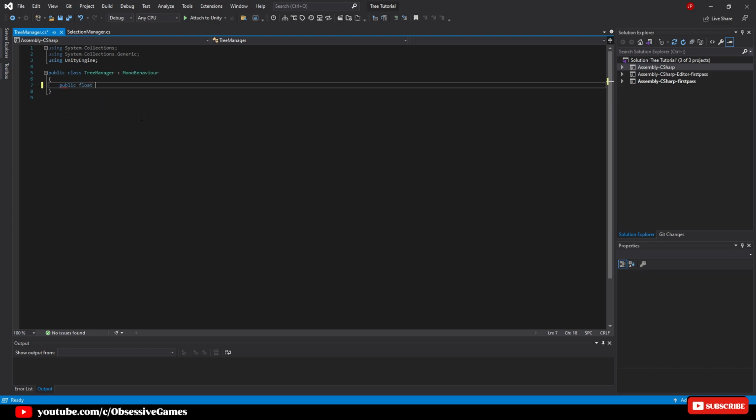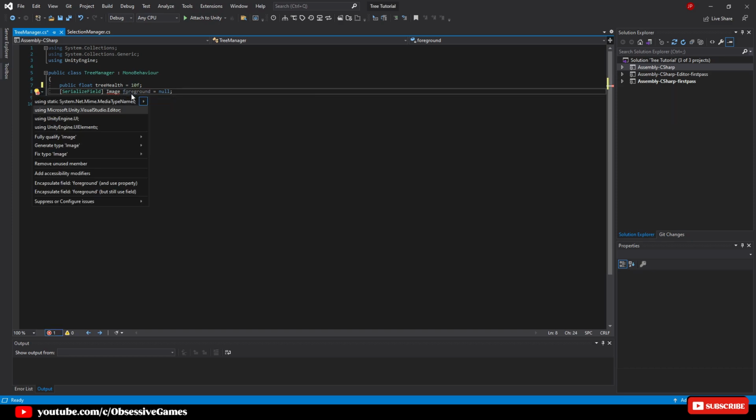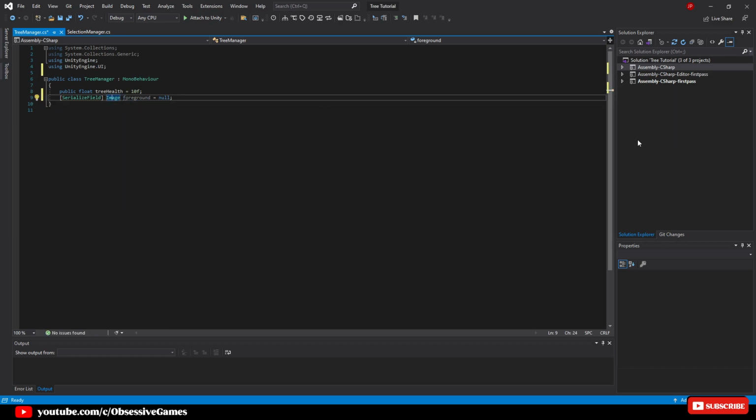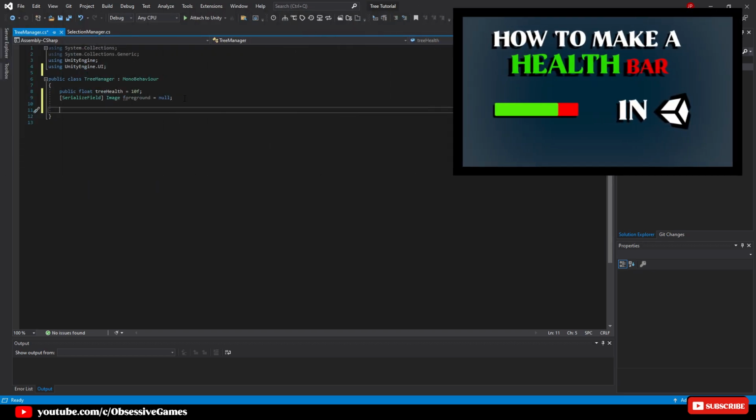First one will be public float treeHealth equal, and give it the default health value of 10f. Then [SerializeField] Image, and call it foreground equal null. Click on Image, press Ctrl and period, and select using UnityEngine.UI. The foreground will be the green bar which shows the health value. If you want to know how to create a health bar in more detail, make sure to watch the health